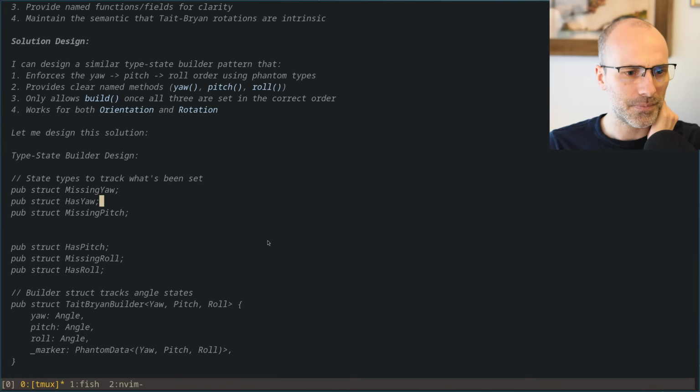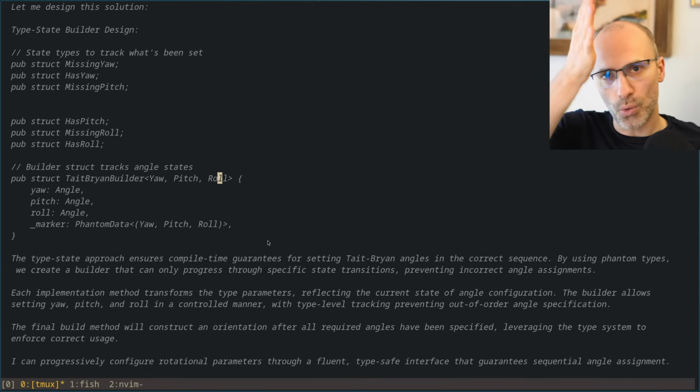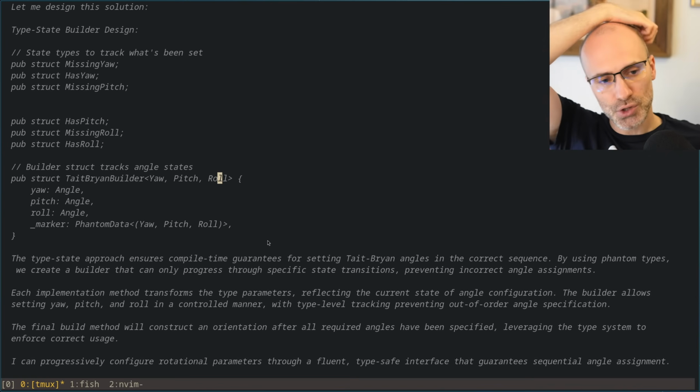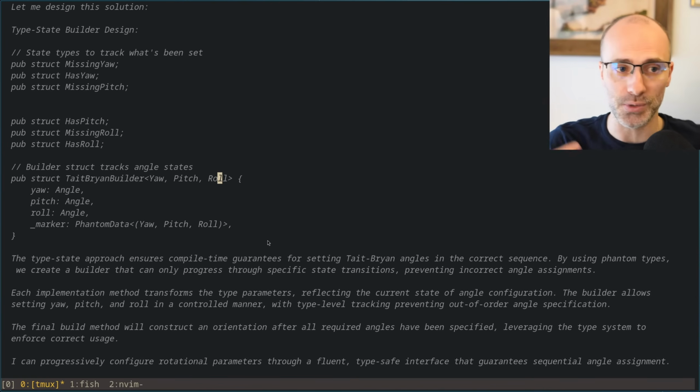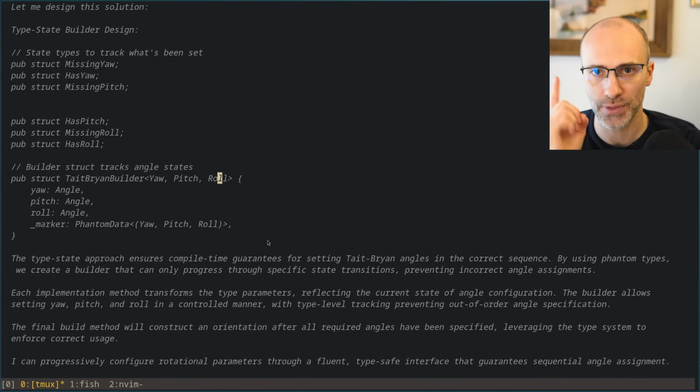Why are these in a weird order? Okay, that's fine. Builder struct tracks angle states. Yeah, so I don't actually think that it needs to track these separately because the order is enforced. I think you can just track which one was the last one that was set. And so you only need 1 argument here.